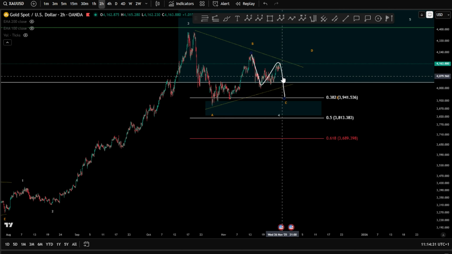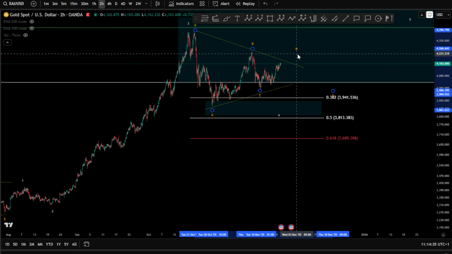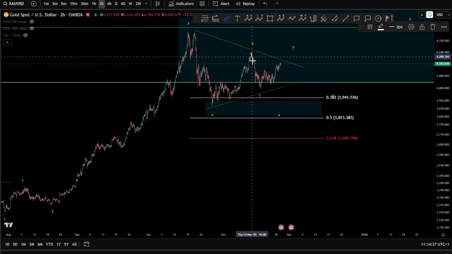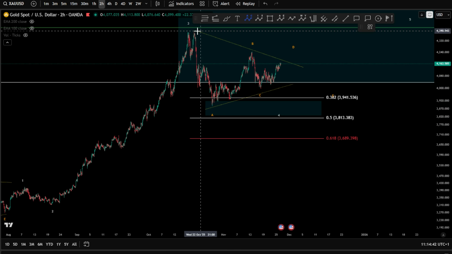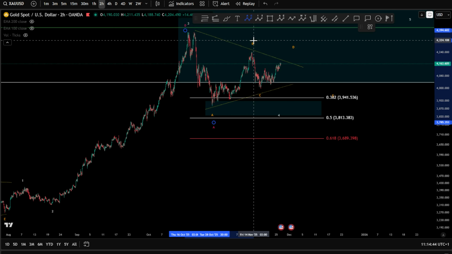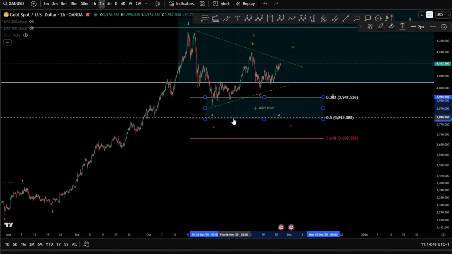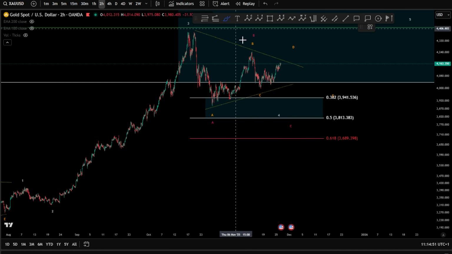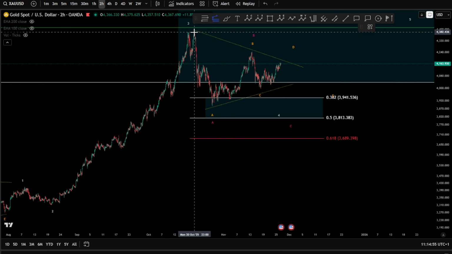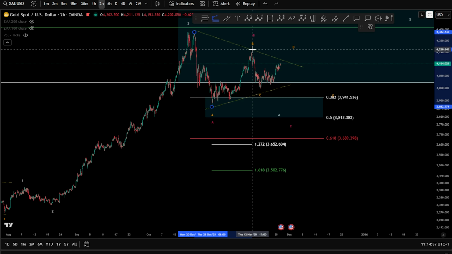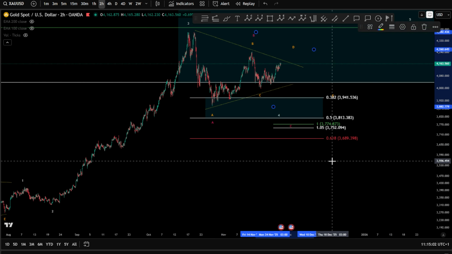for higher? Or is it something much bigger than this, meaning if you are not in the triangle, it can be, of course, an A, B, and a C here. So it can be simply the zigzag A or a flat B and a C. And that means, of course, you're looking for at least the 1-to-1 Fib level here, where you might unfold 1, 2, 3, 4, and a 5. The 1-to-1 Fib level taken from this high to this wave A here as a regular flat wave C, you might, of course, reach the